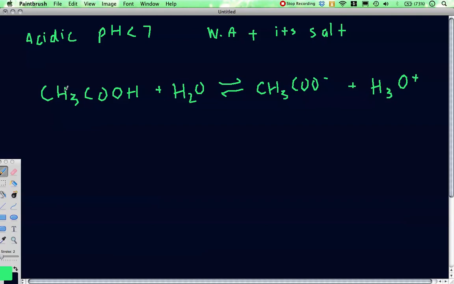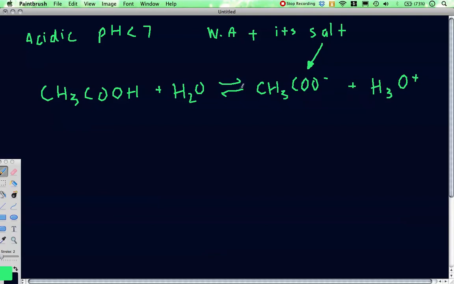So guys, in order to make an acetic acid buffer solution, you would take some acetic acid and you would also then dissolve some, we can say sodium acetate or potassium acetate into it,